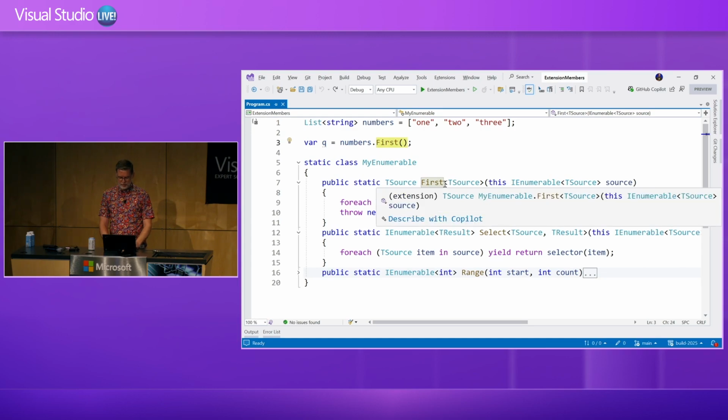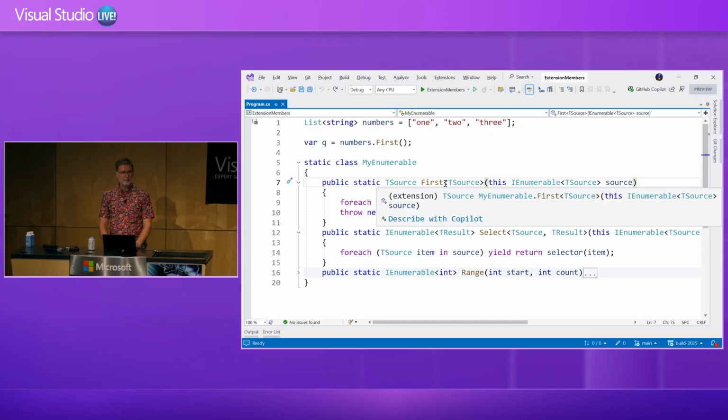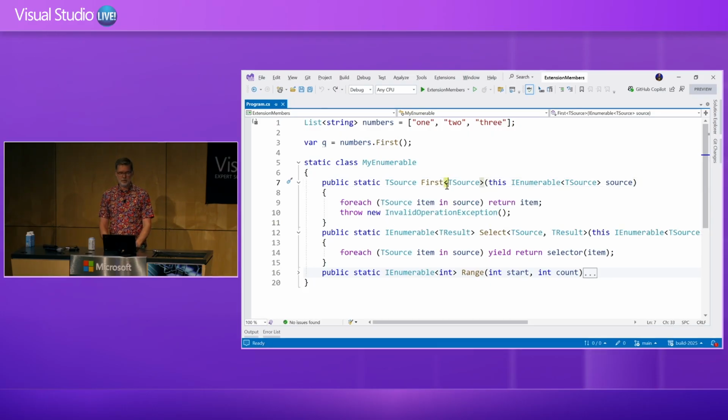Unfortunately, only methods have type parameters, and only a few other member kinds have parameters. Properties don't have either. And so doing the same trick with property declarations, static properties or something, just wasn't realistic. We tried. And so we got to think of something else. And the thing we finally landed on here, the thing that is going to be in C# 14, is we